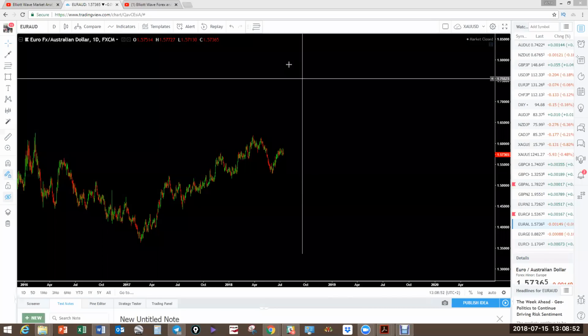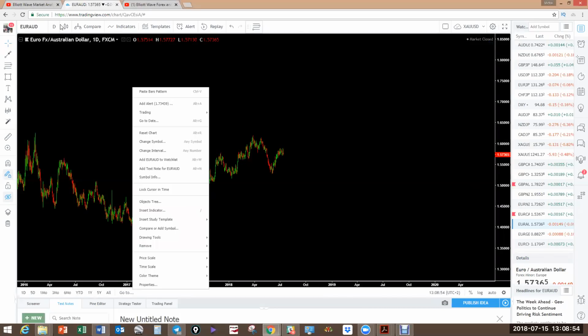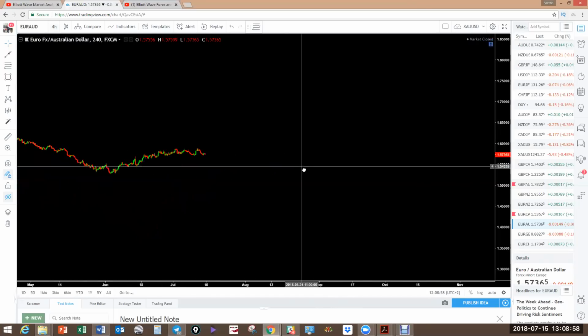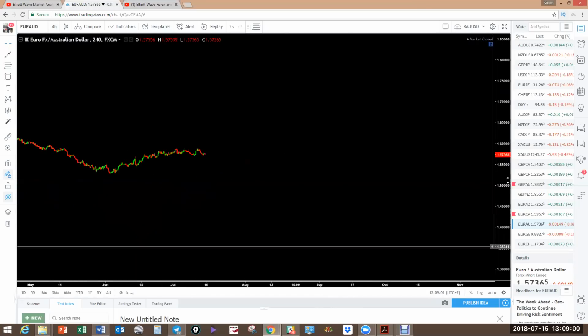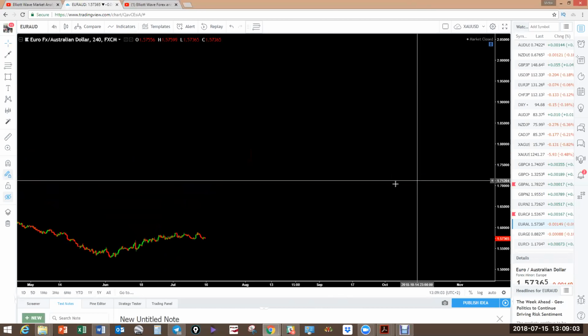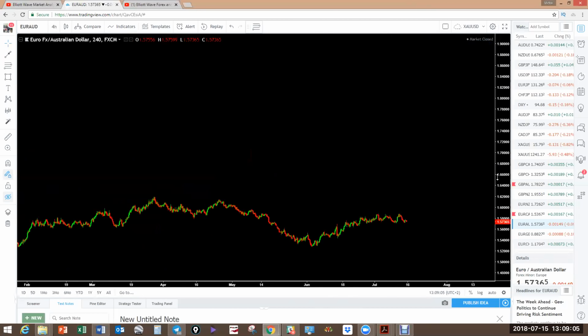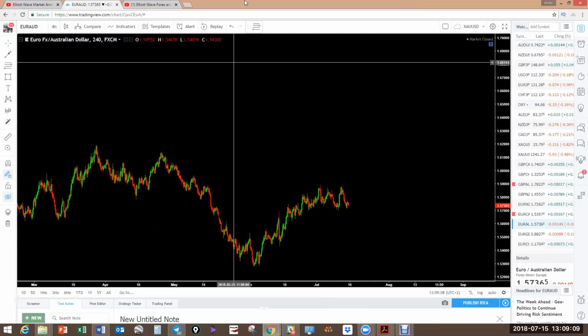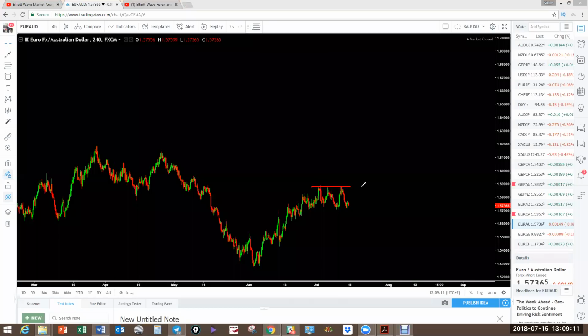Okay, so let's have a look. On the lower degree, that is the structure that you're looking at, 4 hour. On the 4 hour, we're getting that continuation pattern. So wait for this structure. It is incomplete. Wait for this structure to complete to take it up. Okay,